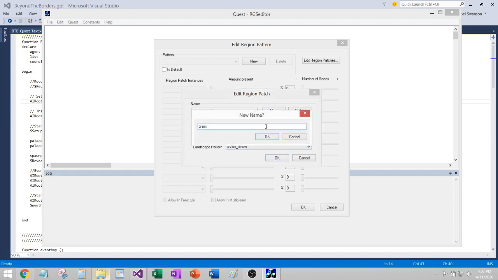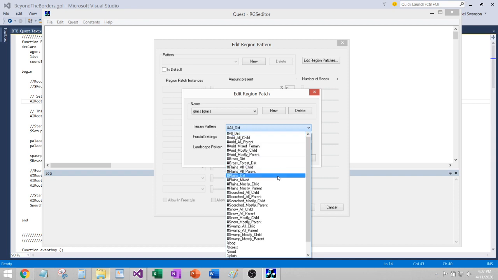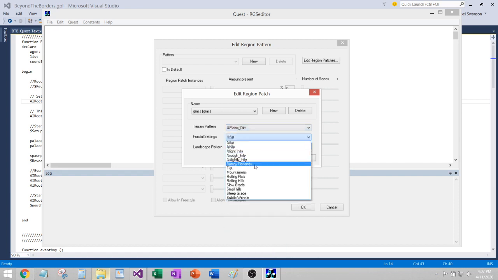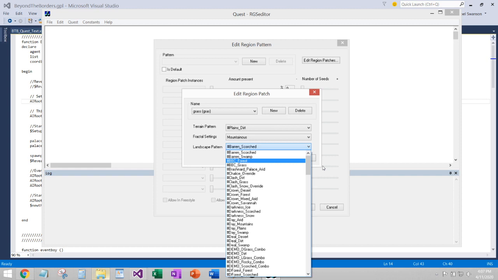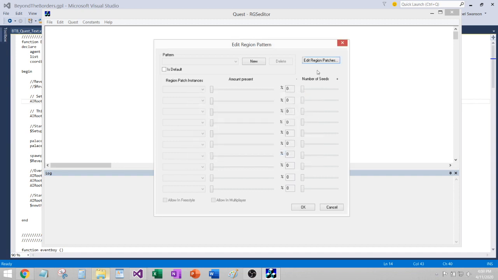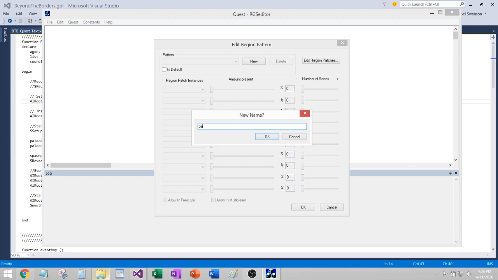We'll do a grass one as well. And we'll just go down here. Do plains dirt. We'll do mountainous. And let's see. We'll do forsaken grass. So I'm just picking whatever, but obviously there are so many options here to really customize it for what you like. After you've got some region patches created, you click New on the pattern,